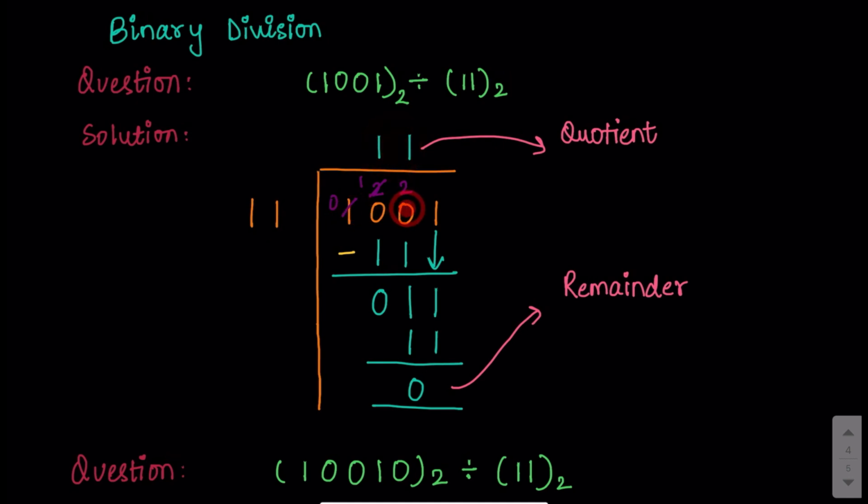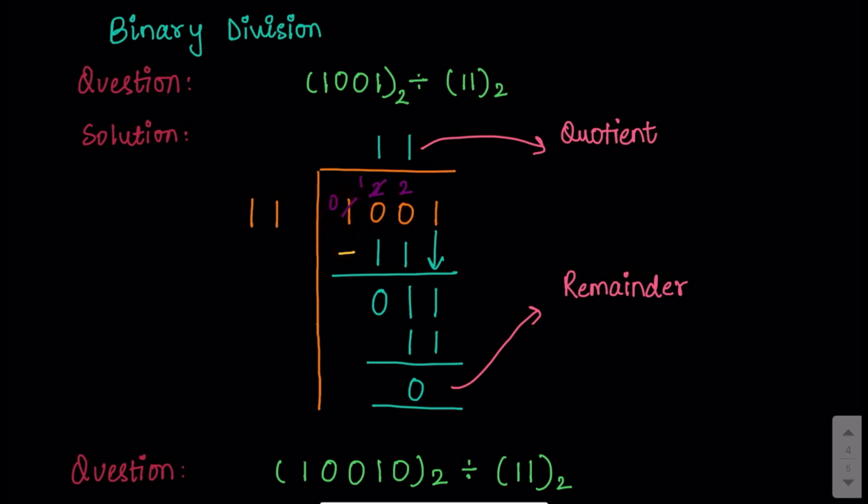So when we take the first 3 digits, 1 into 1 is going to give me 1. Because in binary, there are only 2 possible digits, 0 or 1, so you can only write over here either 0 or 1. Then we perform the subtraction. Now in binary subtraction, you have to remember that whenever we subtract a larger number from a smaller, we need to take a borrow from the next stage. So when we are trying to subtract 1 from 0, we take a borrow from the next stage. Over here this is 0, so this is not going to give us any number. Hence, we need to move to the next.